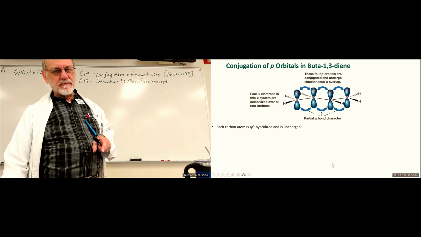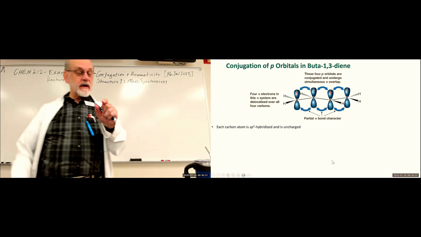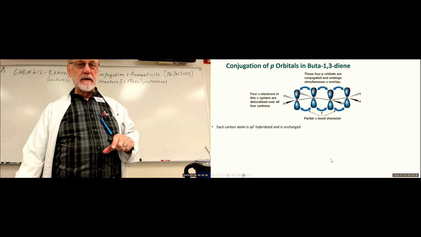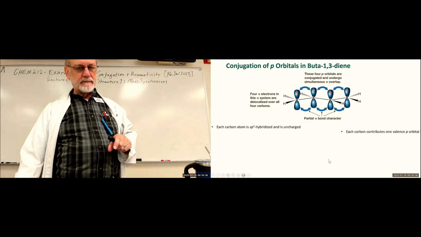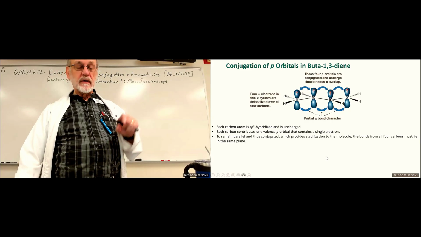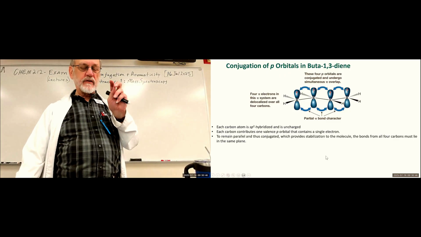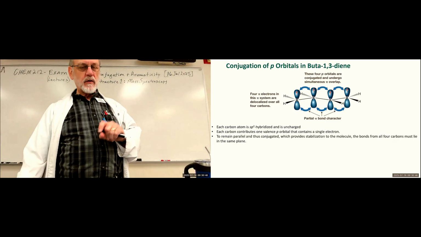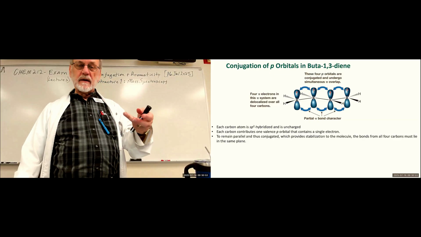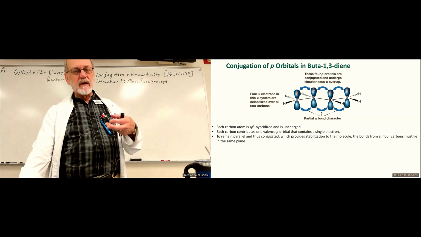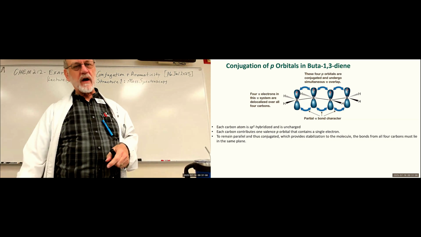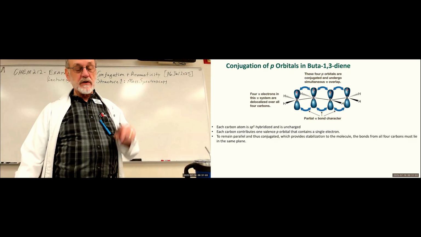Okay, how do they conjugate? Well, first of all, we recognize them to be sp2 hybridized. That frees up one p orbital for overlap, and each one of those p orbitals contains an extra electron. So when we overlap the two, we normally would expect a double bond. But since we've conjugated the system, now we're going to spread those 4 electrons over the entire molecule, which stabilizes